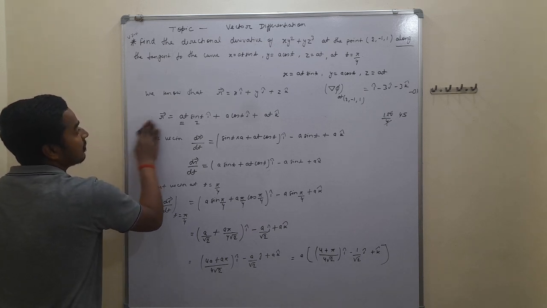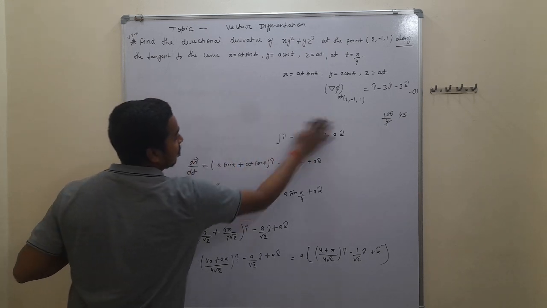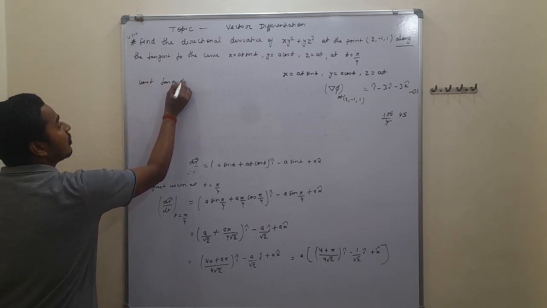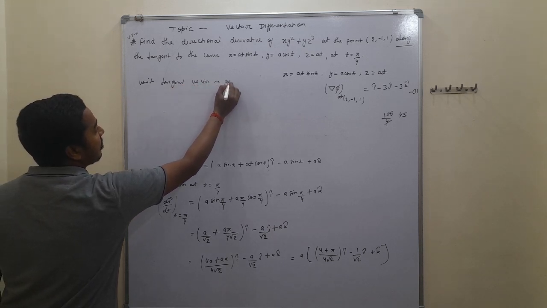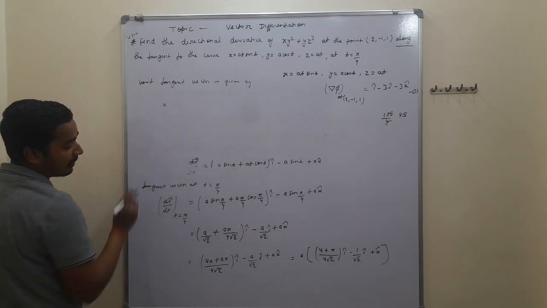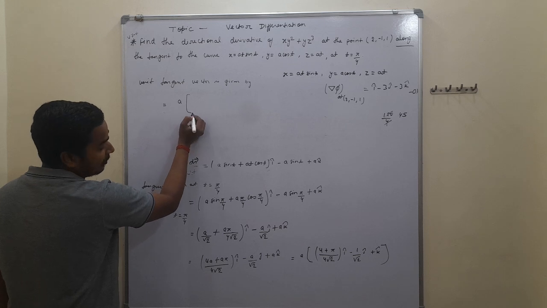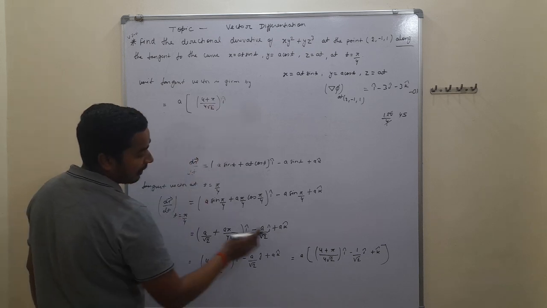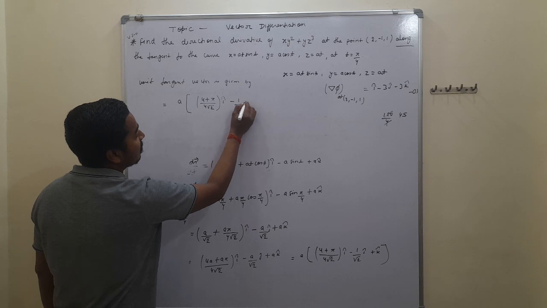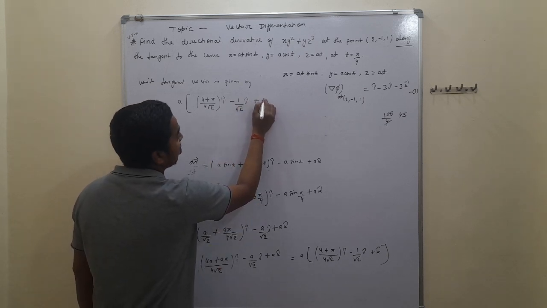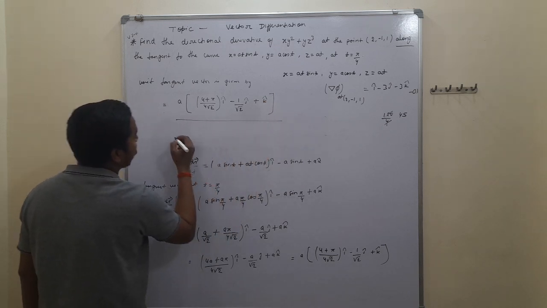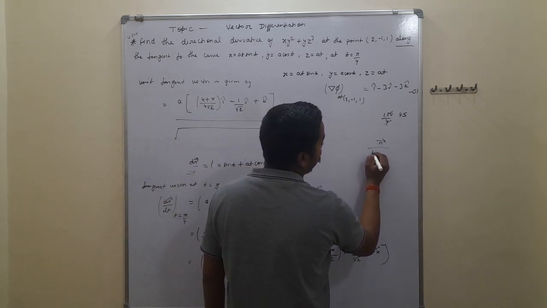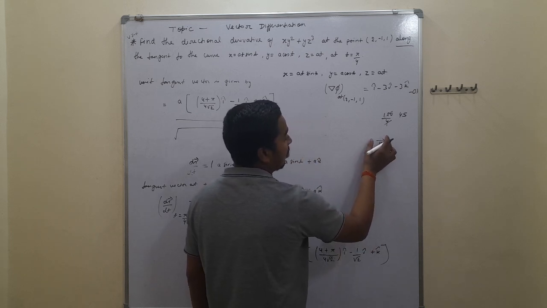The unit tangent vector is given by a times (4 + π)/(4√2) i cap, minus 1/√2 j cap, plus k cap, upon... We have to find the unit tangent vector, and we know that the unit tangent vector is given by n vector upon mod of n vector, and mod of n vector is represented by the vector n